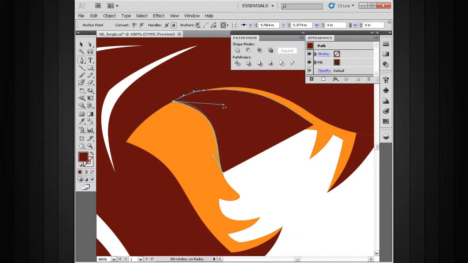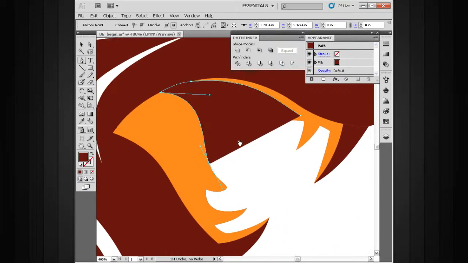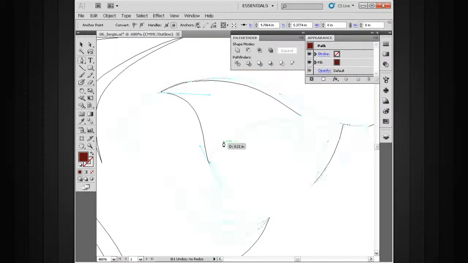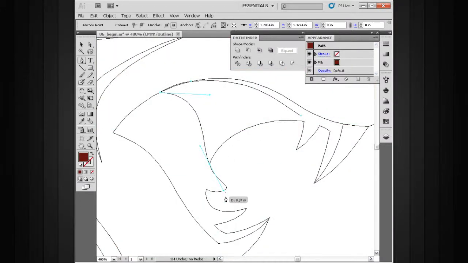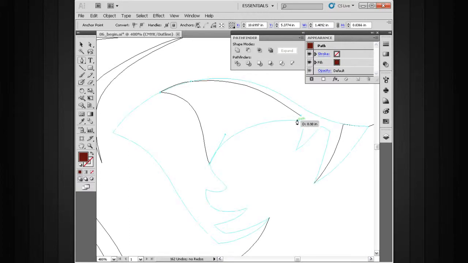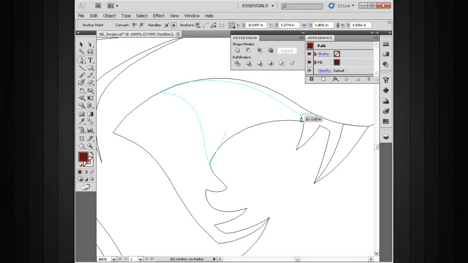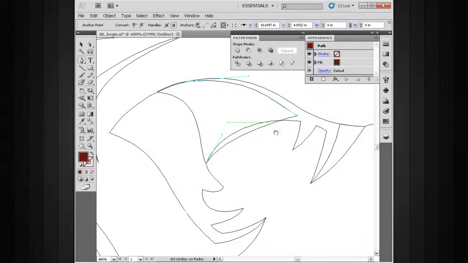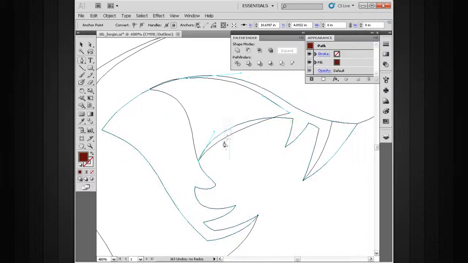I'll tell you what, that's looking pretty good for me. So let's jump into outline mode for this next portion, because I need to be able to see where this path is right here before I bend this Bezier handle. So I'm going to bend this Bezier handle just like so. And let's close this path by dropping in another anchor point right over here. Now we can complete, or modify, this path just to fit where we want it to be